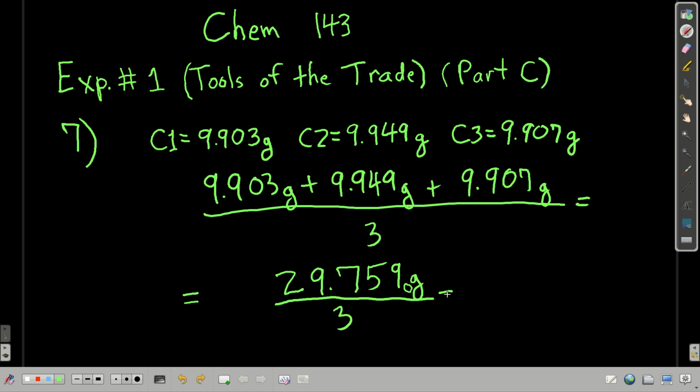The next step is to divide by 3. This 3 is an exact number. It's exact because we were counting things, okay? How many times do we do it? Which means that it does not limit our sig figs. So we have 5 sig figs in the top, exact in the bottom. We keep 5 sig figs for our answer, which means we're going to write